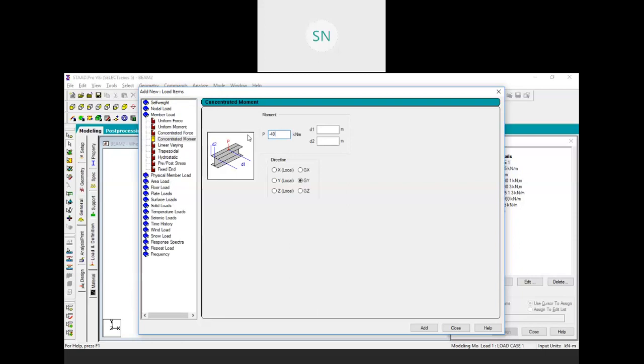See, to apply a moment we have to choose a direction of our beam, and our beam is in x direction. So here you have to choose global x. So keep this in your mind. For the moment we have to choose global x direction. Then our moment, our twisting effect, will be applied.